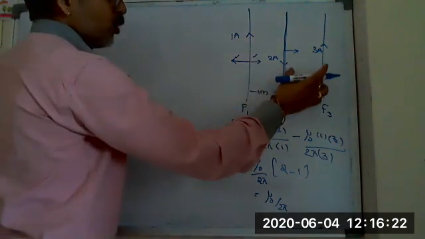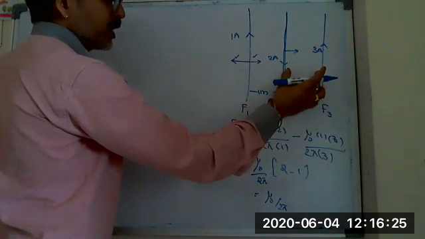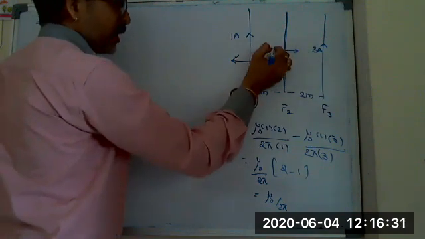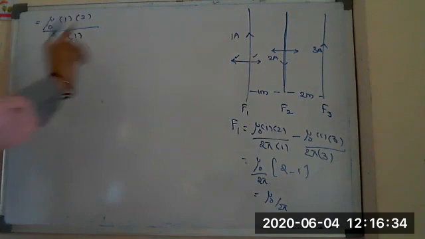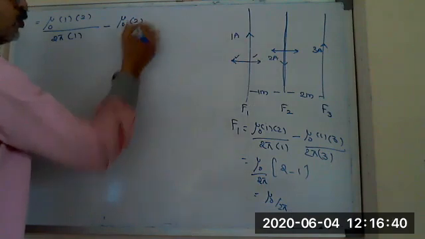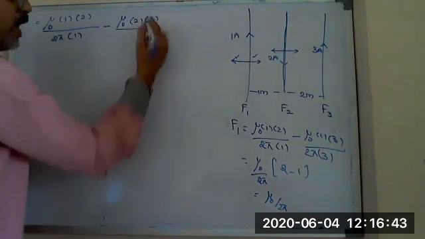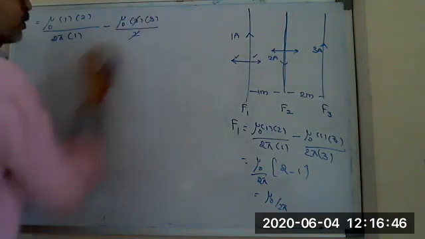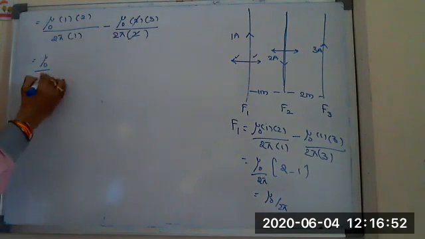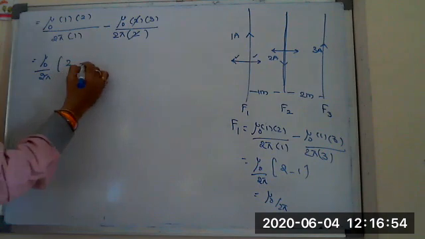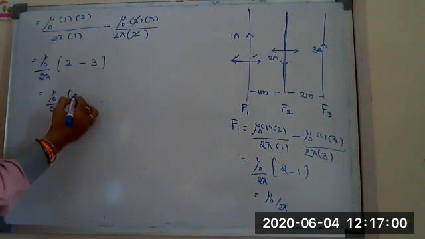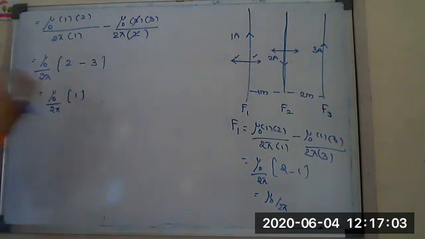Between these two also, in opposite direction, the force on second conductor will be the repulsive force, repelled by the first conductor. It will be in opposite direction. Again, they are in opposite, so minus. I have to write mu naught I1, that is 2, into I2, that is 3, by the distance between these two, which is 2. Of course, again I forgot 2 pi here. So mu naught by 2 pi, this will be 2 into 1, 2 minus 3, that is equal to mu naught by 2 pi into 2 minus 3, which is actually minus 1. The magnitude of force will be 1.